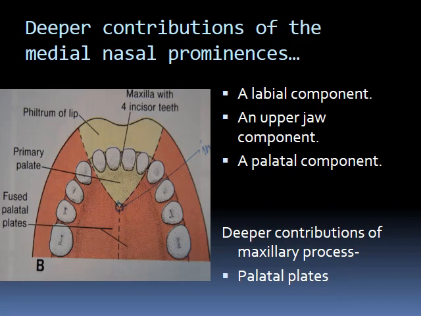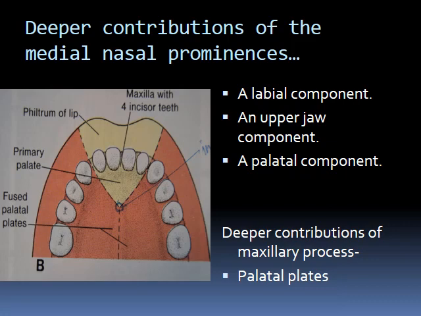In other words, the medial nasal prominence, after it fuses in the midline, forms the philtrum part of the upper lip. It will form the upper 4 incisor teeth in the embryo, and it will also form a part of the palate which is triangular in shape just behind the incisor teeth, and this part is called the primary palate. Now as for the rest of the palate